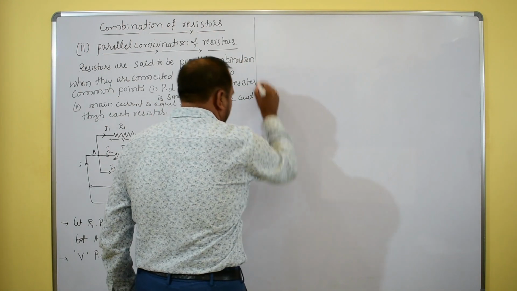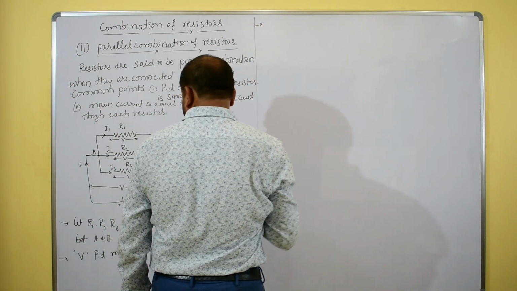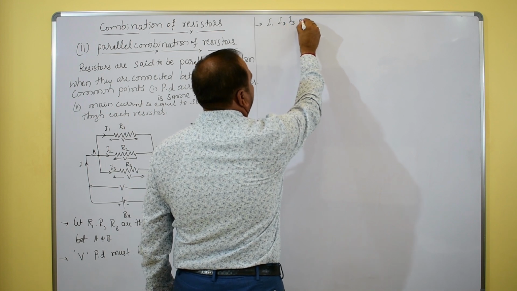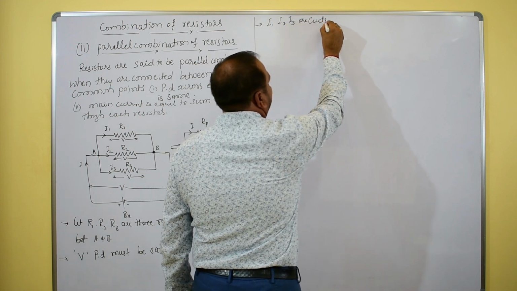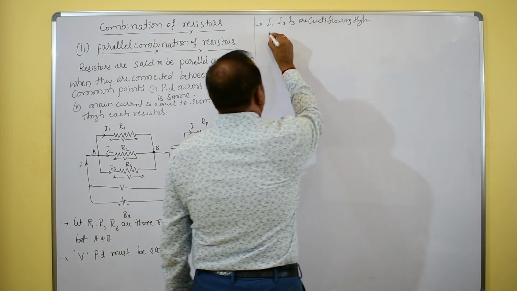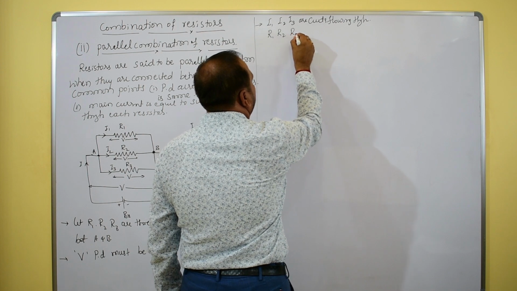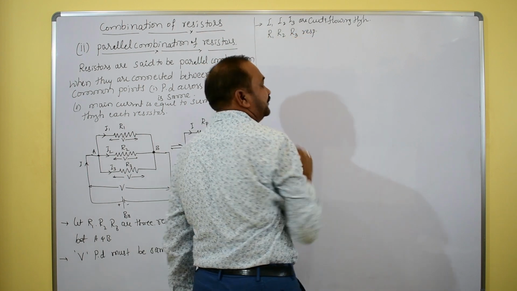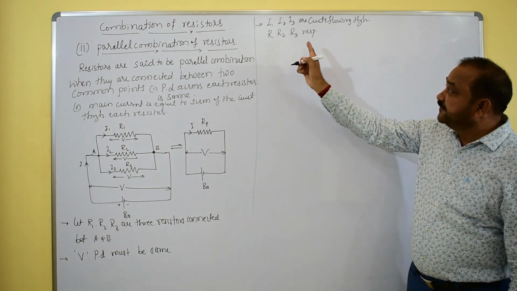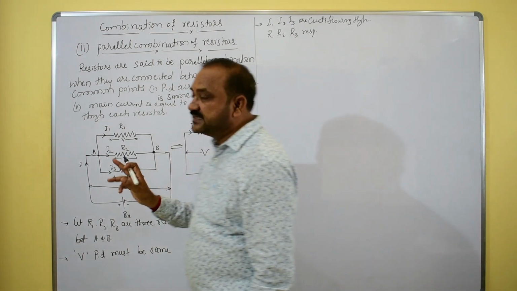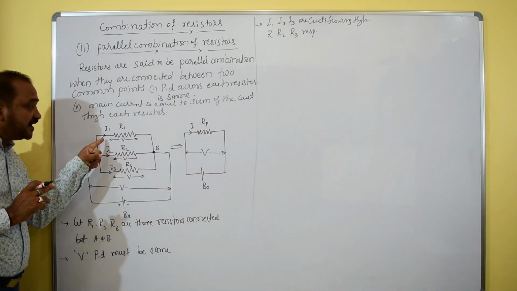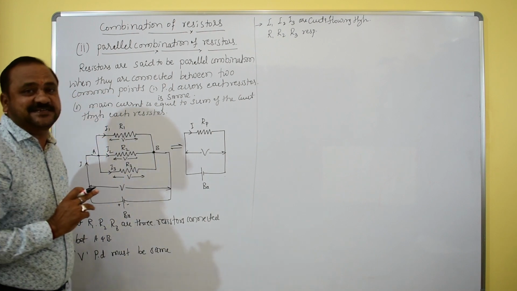So far you are able to write: I1, I2 and I3 are currents flowing through R1, R2 and R3 respectively. But the currents must be different, that's what we supposed. If they are different, what happens now? Say this is the main current. This current should be equal to the sum of the currents through all these 3 resistors.